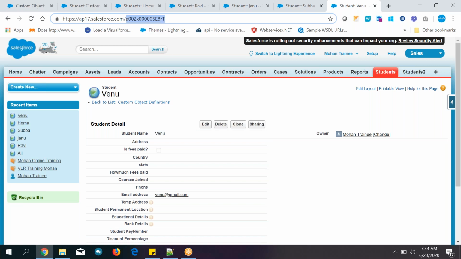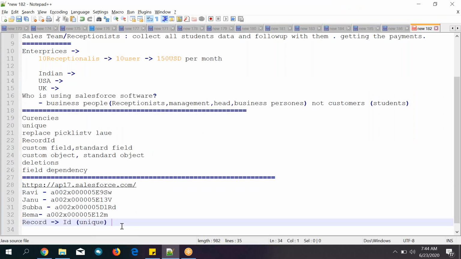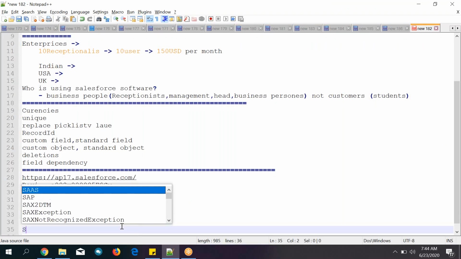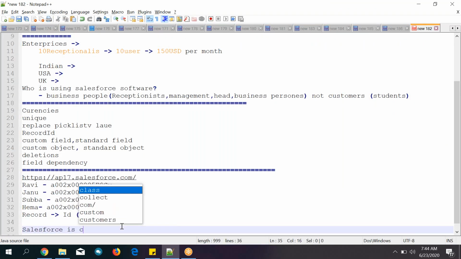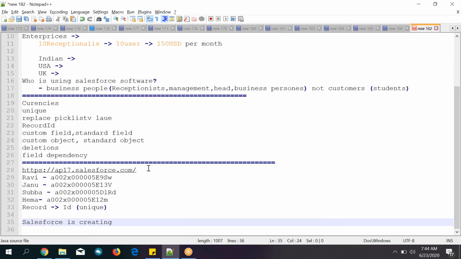Who created this one in this situation? The system is creating. Salesforce is creating. So who is creating this? Salesforce. Okay, system or Salesforce, whoever. Salesforce is creating this record ID.